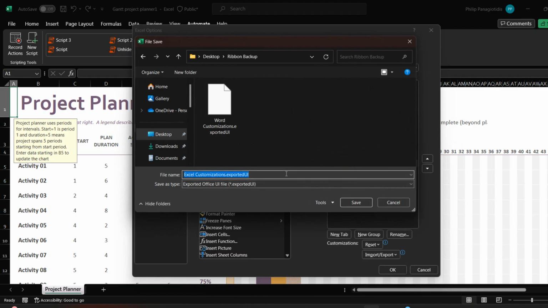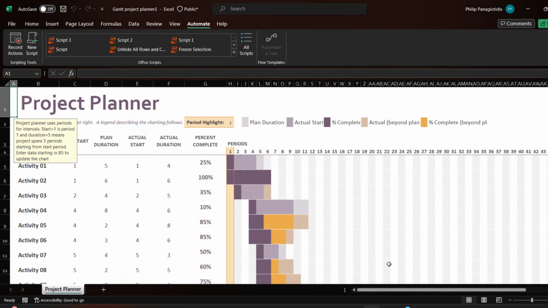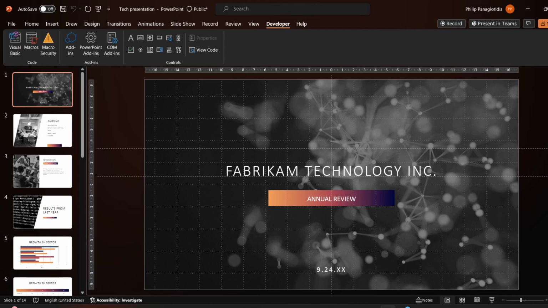We notice the file name which mentions Excel Customization and the Save As type which mentions Exported Office UI file. And we just press the Save button and then the OK button for the dialog box to close. The same procedure we must follow for Microsoft PowerPoint,